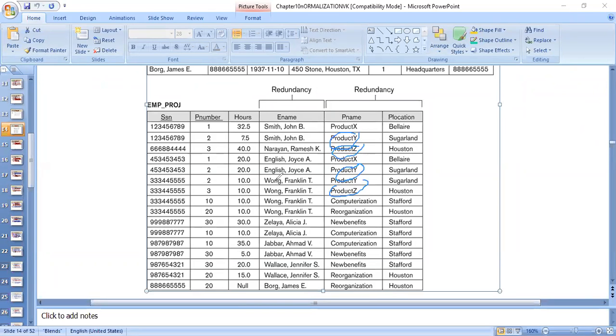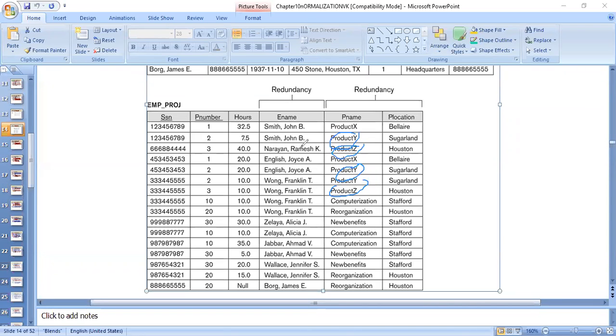So there will be no problem for Wong Franklin. But if I delete project Z, there will be a problem for Narayan and Ramesh because Narayan and Ramesh is not allotted to any other project. So along with that project Z, this employee also will automatically get deleted, which will be a loss to the database, isn't it? From the database, what I wanted to do, I just wanted to delete project Z. But that doesn't mean I wanted to delete the employee information.